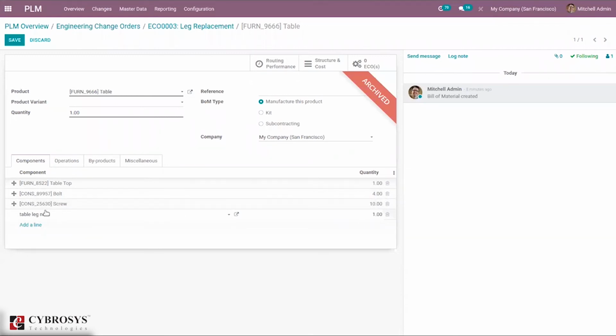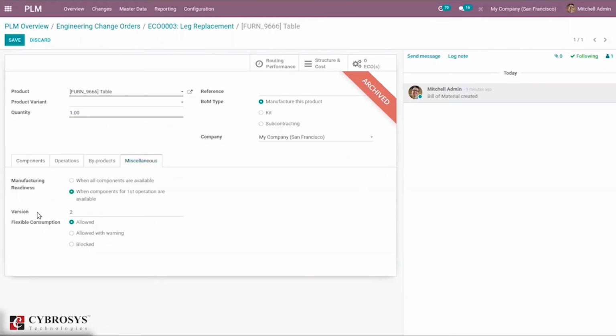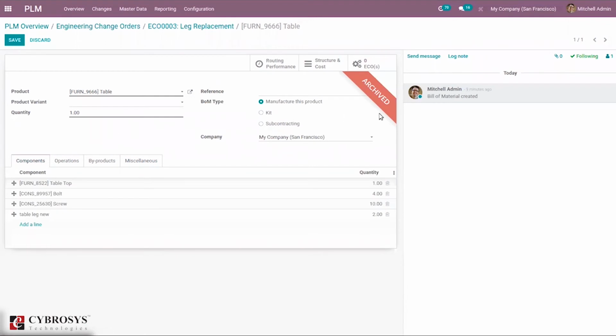I have added the new table leg, and let me add two quantity. Now under miscellaneous, you can see the version is 2. So this is the second version of the bill of material. And after that, you can save this.